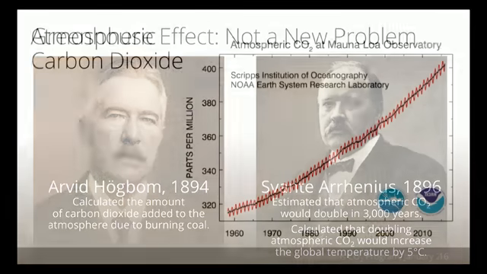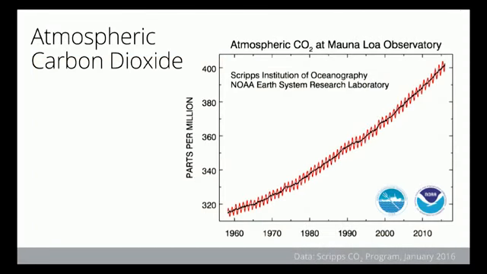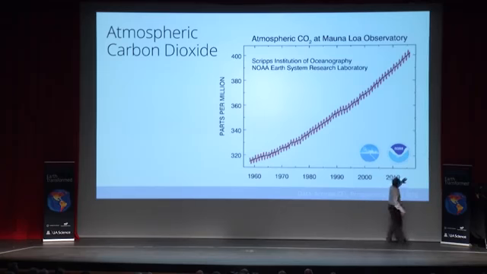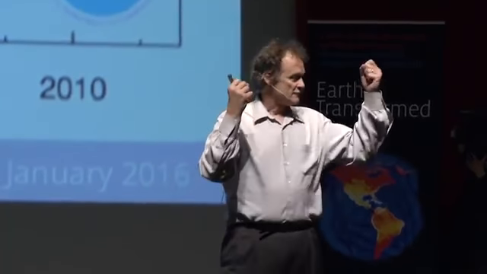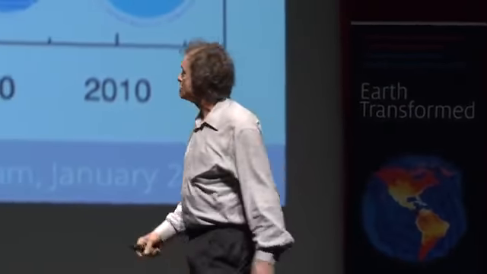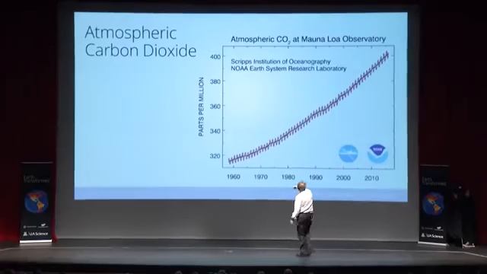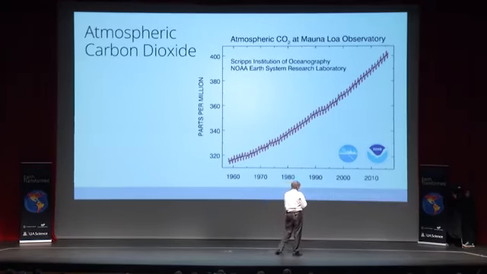Okay. This is a measure of carbon dioxide in the atmosphere from 1958, when I was 2 years old, to last month. And it's just up, right? With little oscillations, which is basically the planet breathing. It's the plants growing in the spring, taking carbon dioxide out of the atmosphere and giving it back in the fall as the leaves and stuff rot. And then there's this trend, okay?